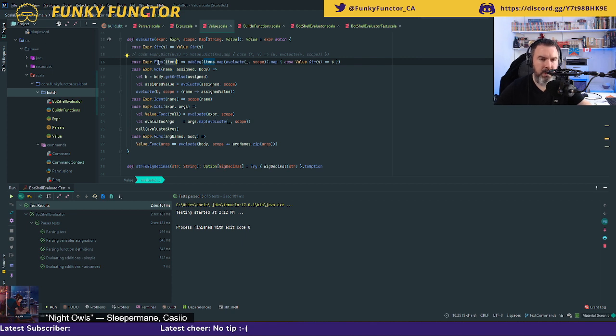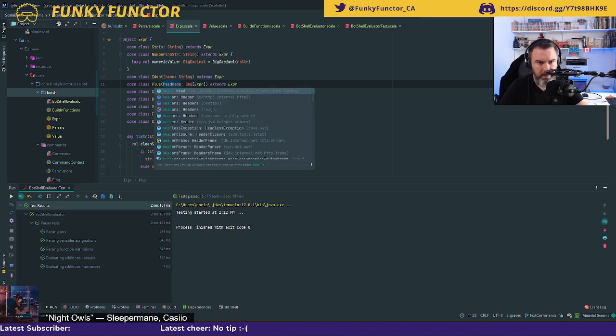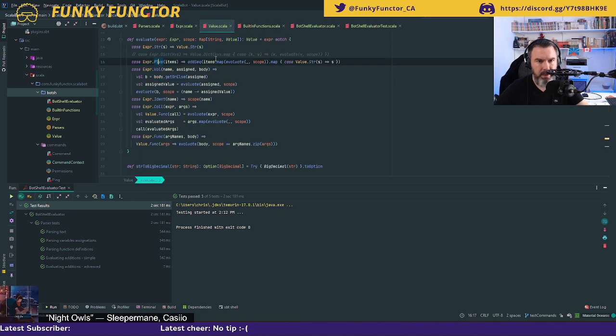So I'm going to change the definition of plus so that it takes a head like this, and it's going to be an expression, and a tail like this, and it's also going to be taking an expression. And so in my value now it's going to break. So here I've got head and tail.